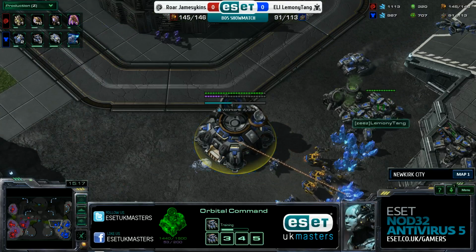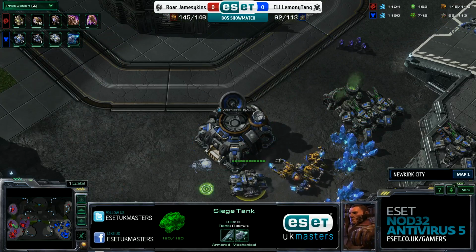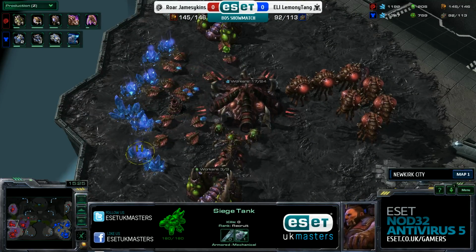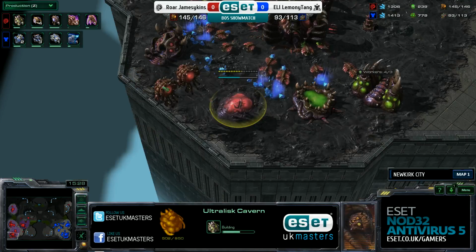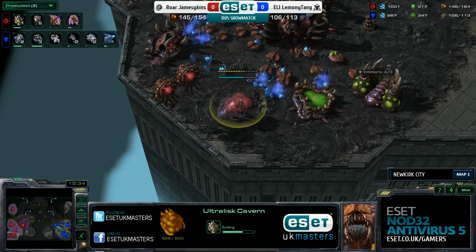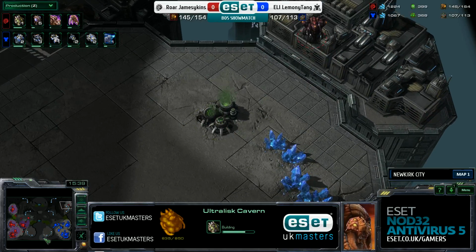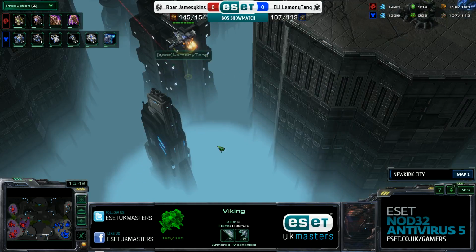Now, in terms of the fourth base, it is now getting saturated by Jamesykins. He's got 12 drones coming out as well now. He knows he's done good damage. He knows that he's ahead economically, and he's just really, really focusing on that. He's making sure that he's getting up. He's up to nearly 90 drones now to the just over 50 of LemonyTang, but LemonyTang is in a good